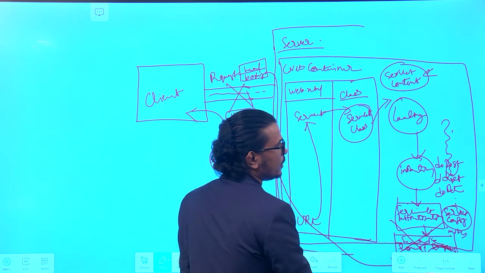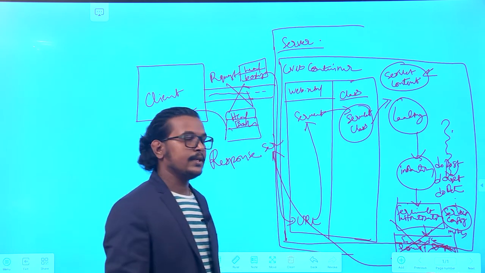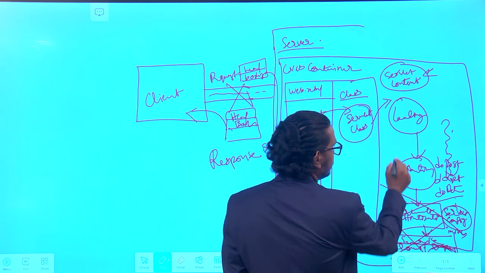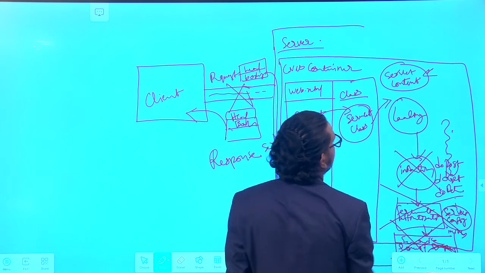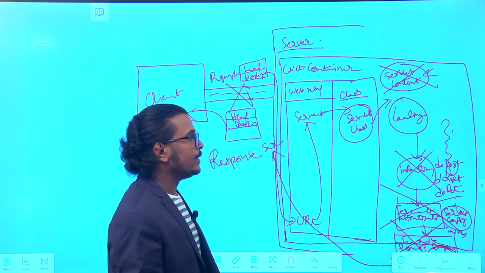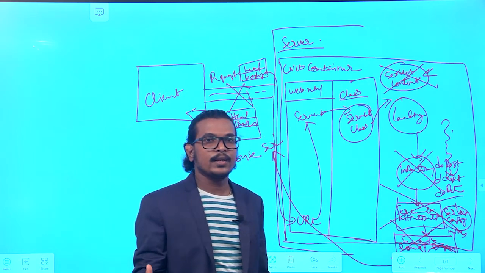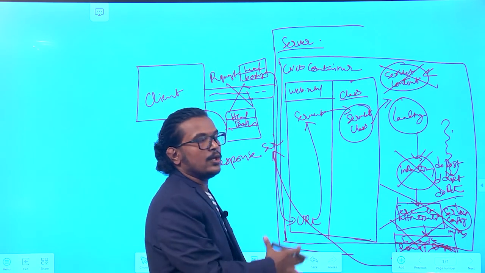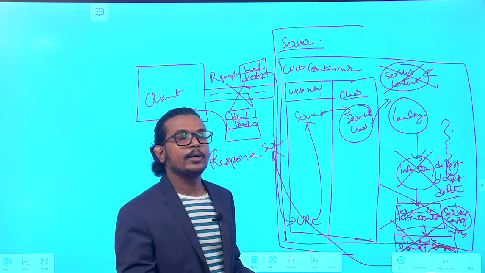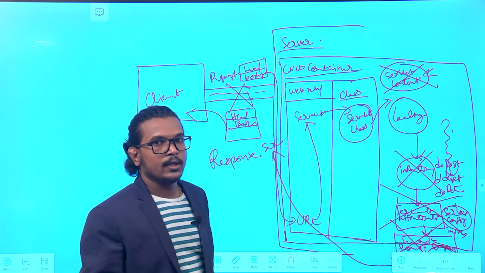Means it is unavailable for the service. Once the service is delivered to the requested client, your service method will be deleted, and your instantiation and initialization, all methods will be destroyed, and your context object is also destroyed. Those instructions are coming from the web container only. The web container will pass the instructions. You have to load the service, destroy the service, unload the service, delete that particular service. All those instructions we are getting from the web container only.